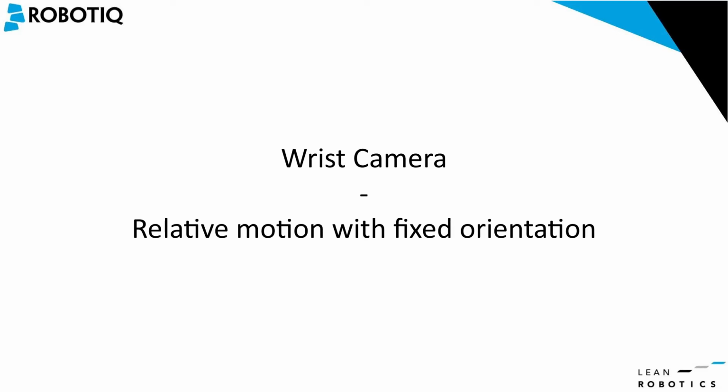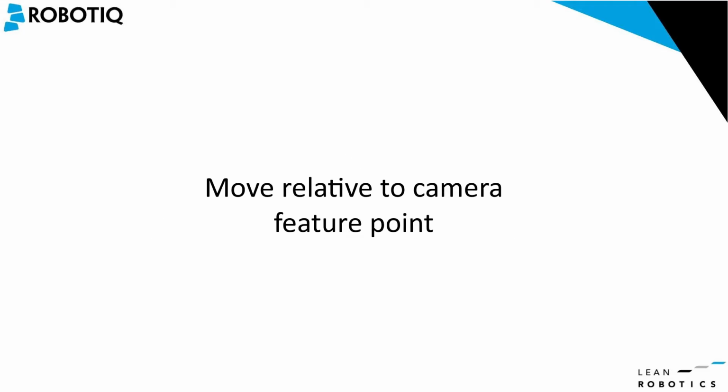In this video, we will see how to move the robot relatively to the object location detected by the camera while keeping a fixed orientation. This may be especially useful if you are working on a gluing dispensing application where you may have a lot of cable and pipes that travel along the robot arm to the tool that you have at the flange of the robot. First of all, let's have a look at how we usually move the robot relatively to the object